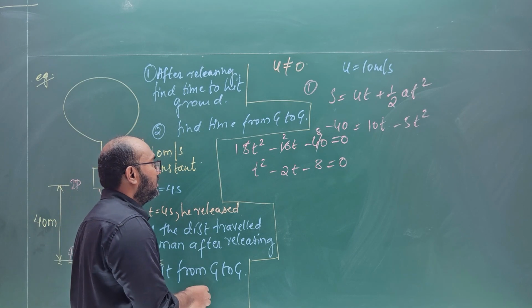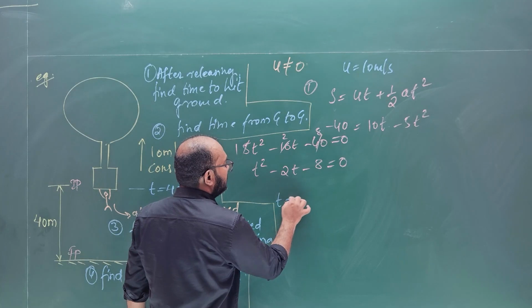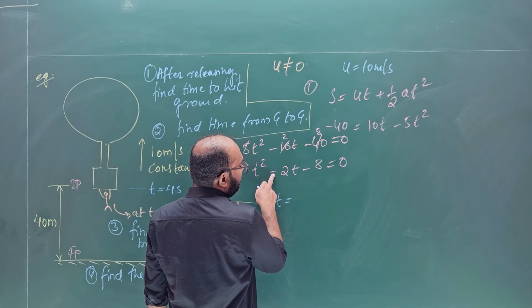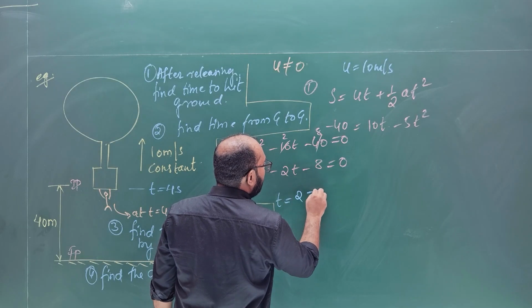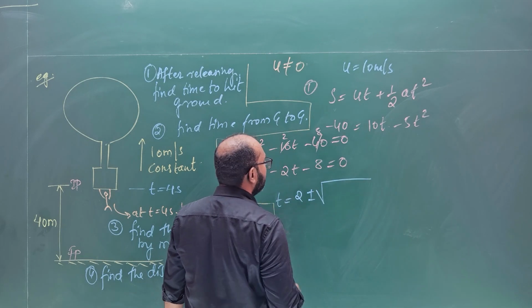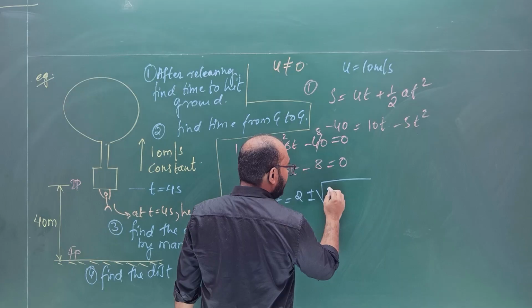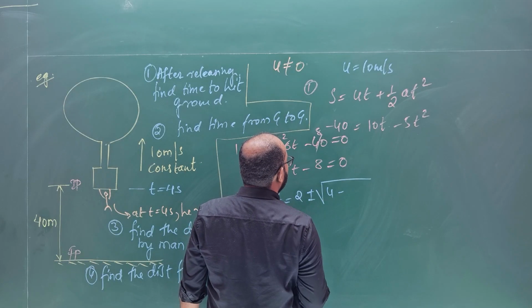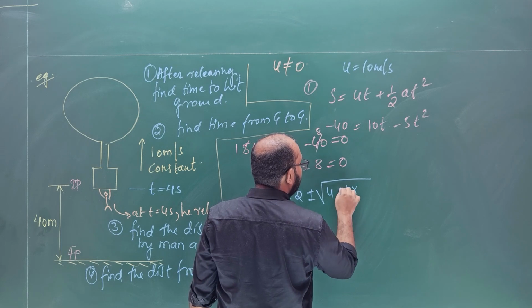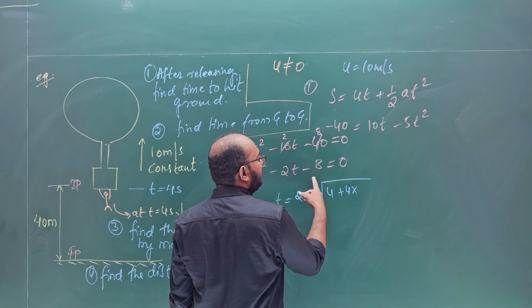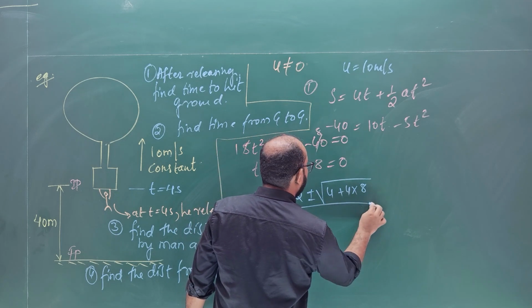No. Substitute in the quadratic equation. So t is equal to minus b, this minus and the formula's minus becomes plus. Minus b is 2, plus or minus under the root of b square, that is 4, minus 4ac. So 4 into 1 into 8, and this 8 is with negative, this becomes positive, 8, upon